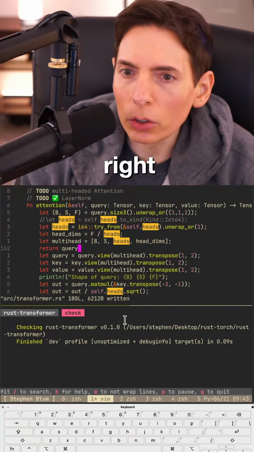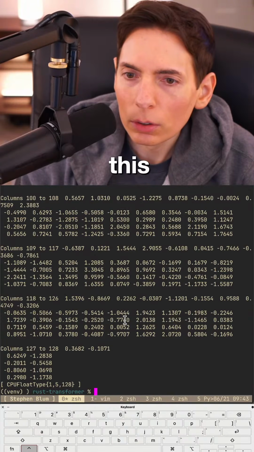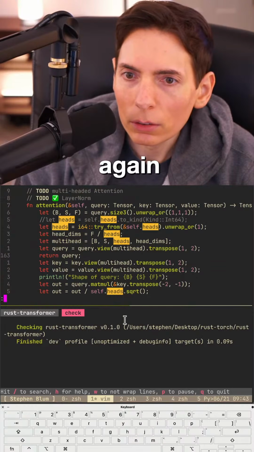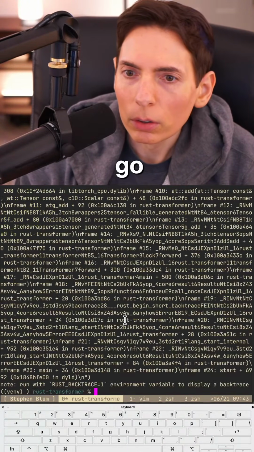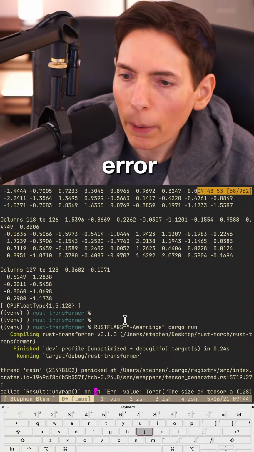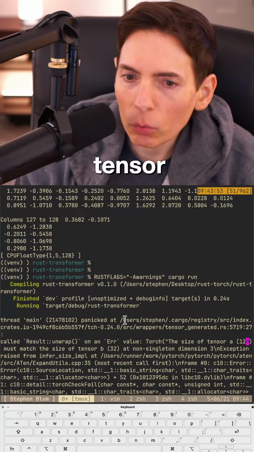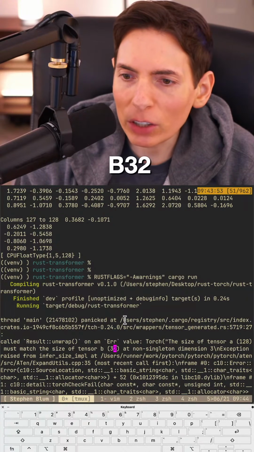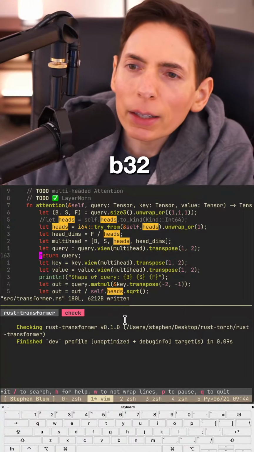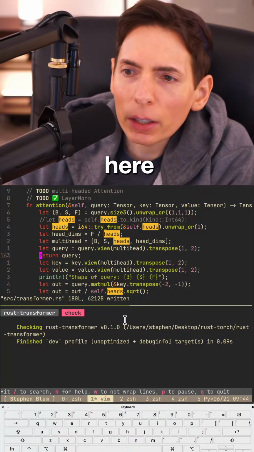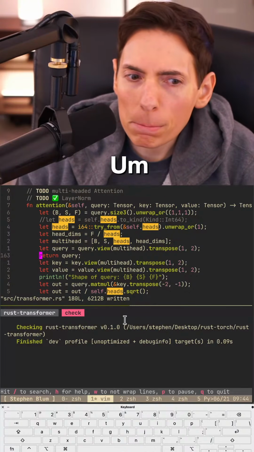All right, good. Try this again. Here we go. All right, here's the error. Size of tensor 128 must match the size of tensor B32. See here, okay. Am I doing this correctly?